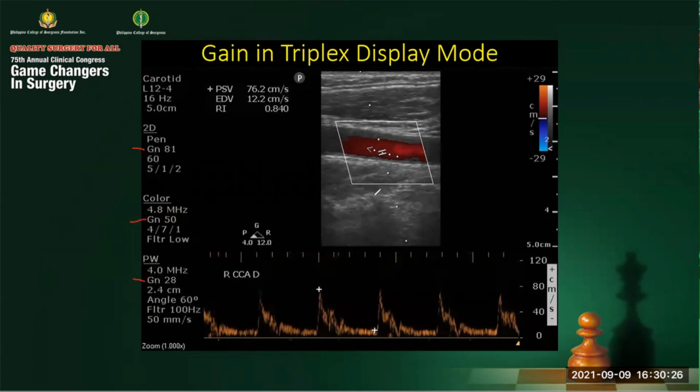So the gain control in B mode amplifies the intensity of the returning echoes. Now in power Doppler and Doppler mode, it is not the intensity of the echoes, but the change in frequency. So here you have a spectrum of frequencies displayed. But anyway, you have separate gain settings for each mode.